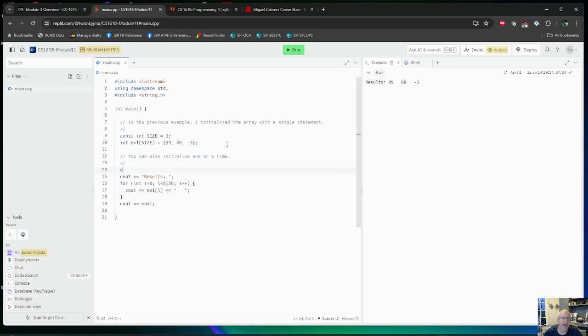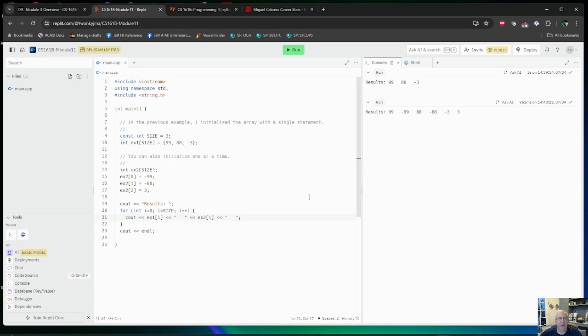Okay, you can also initialize an element at a time. So we can declare the array like this, and then I can say ex2 of 0 equals negative 99, ex2 of 1 equals negative 88, and ex2 of 2 is equal to 3. And now we're going to add ex2 to my print statement here. And if I run this, you'll see I get,